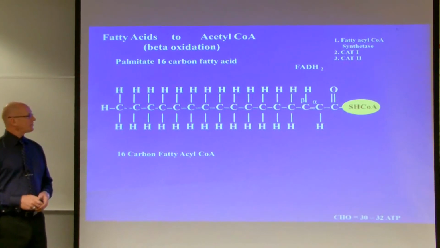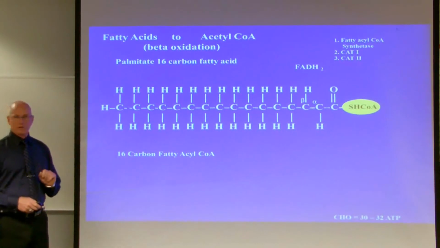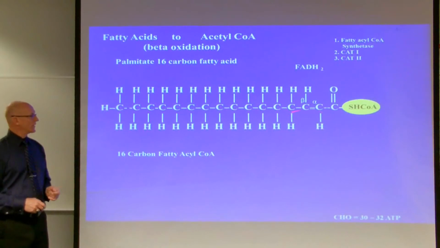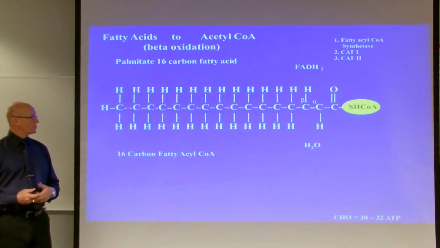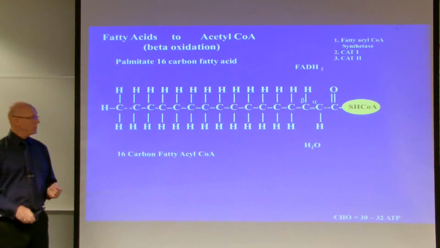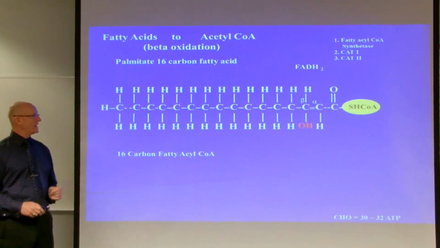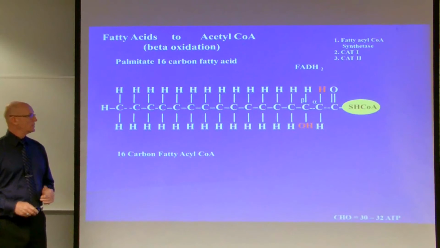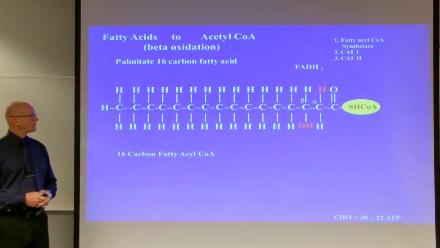Then, by taking those electrons off, we're going to end up with the electrons here forming a double bond. Now what we're going to do is hydrate that double bond. First we went through oxidation. Now we're going to do hydration. We're going to hydrate that double bond. And so now we're going to end up with a hydroxyl and a hydrogen across that double bond, creating the